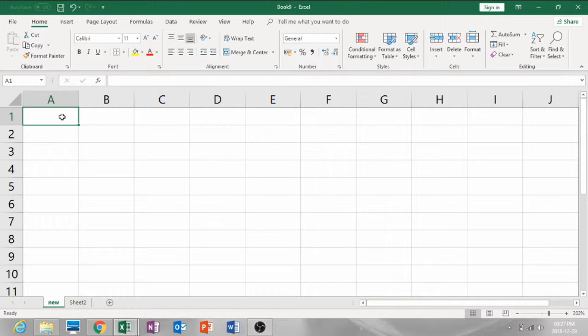Now I'm going to click on A1 and enter some data in this A1 cell. Let's say I'd like to use Excel to create an inventory of all the goods in my garage. This could be anything such as bicycles, cars, tools, etc. The first thing I like to do is to give it a title. So I'll name it Garage